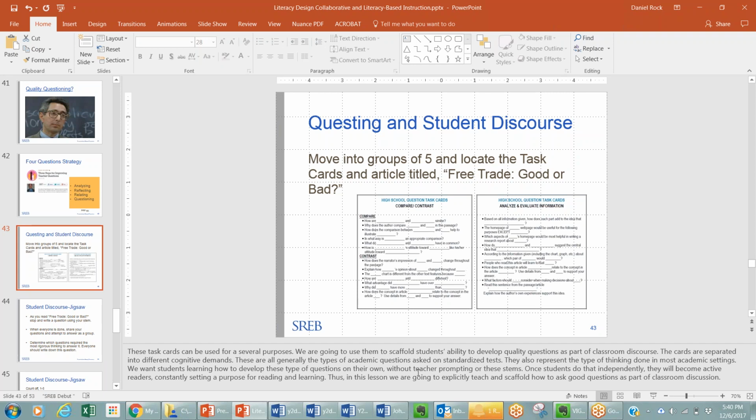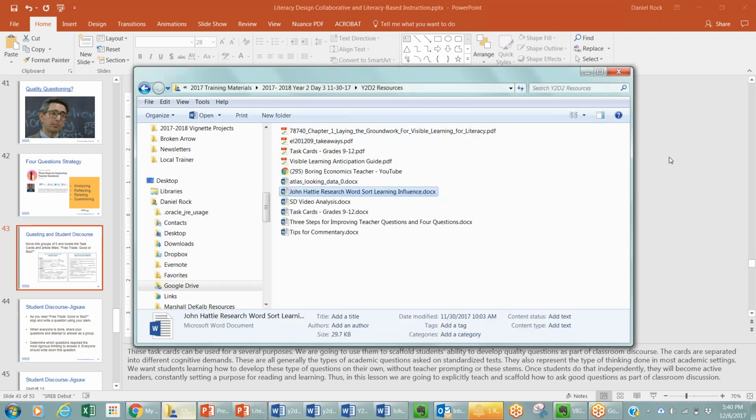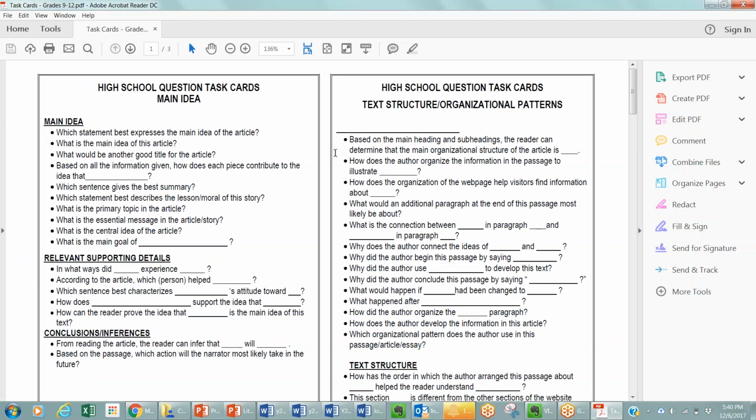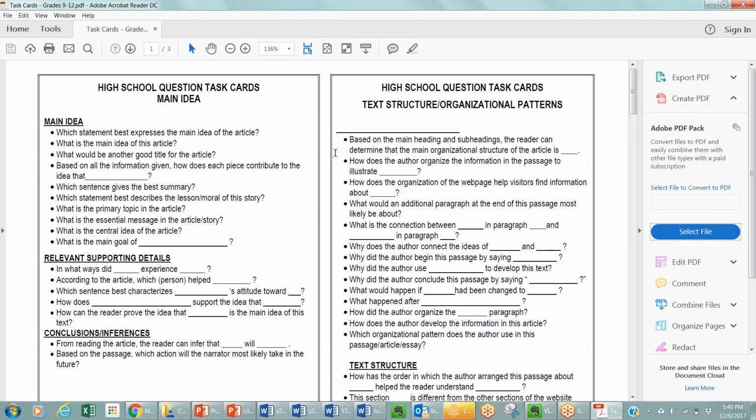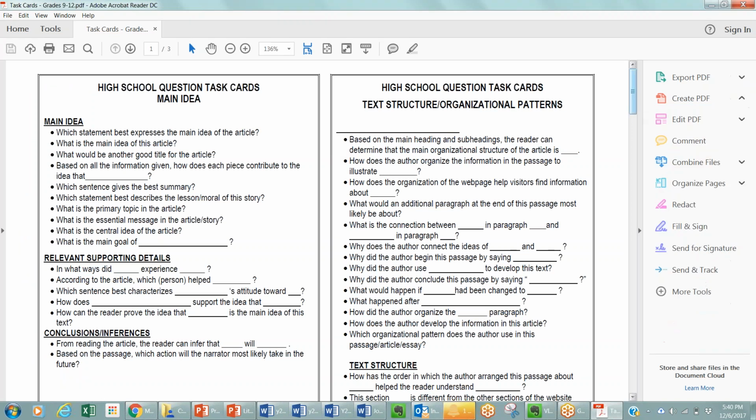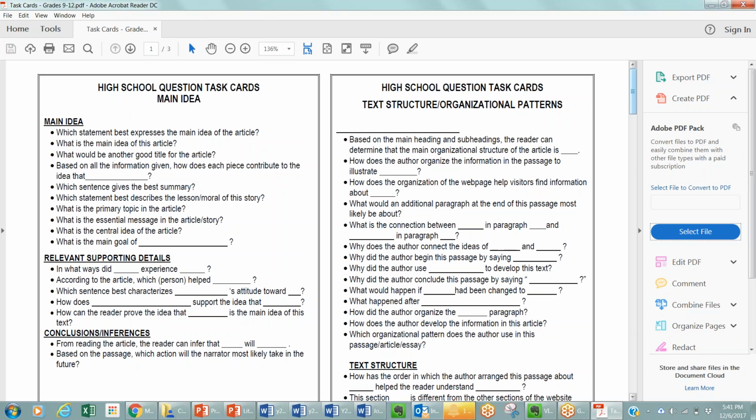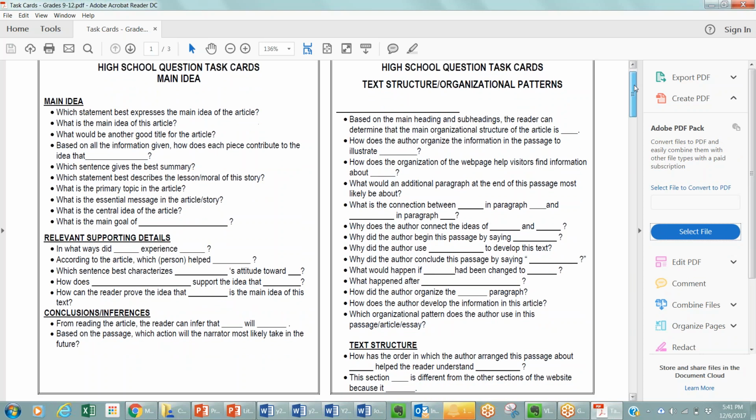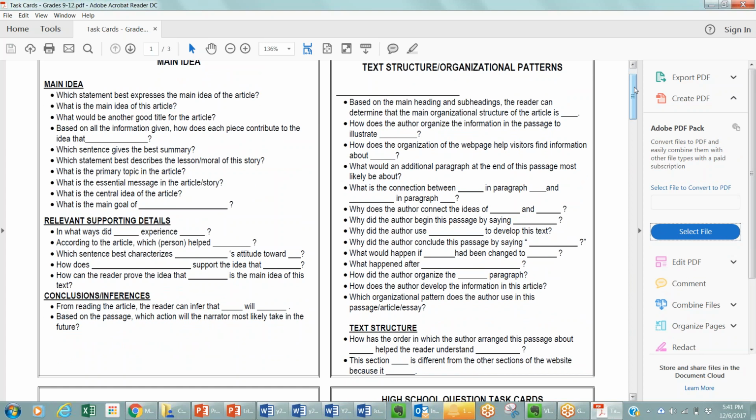Well, this is a strategy that I picked up back in my days as a teacher in Miami, Florida, many, many years ago. They gave this to us really as a test prep tool. The test was really organized into these types of questions, the big test. But it was amazingly powerful. These are question stems, and